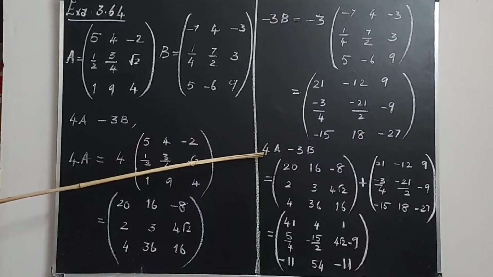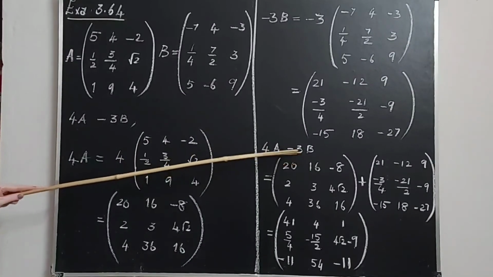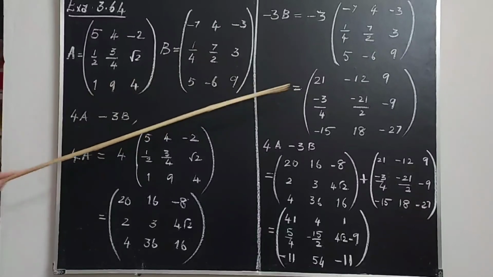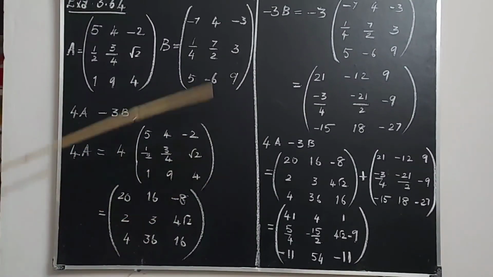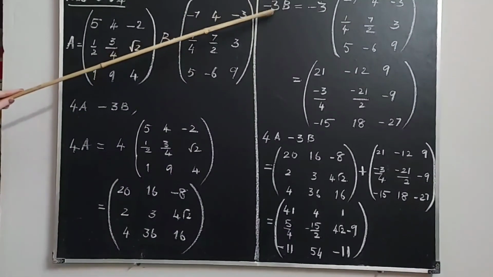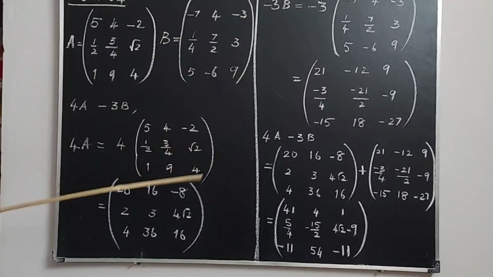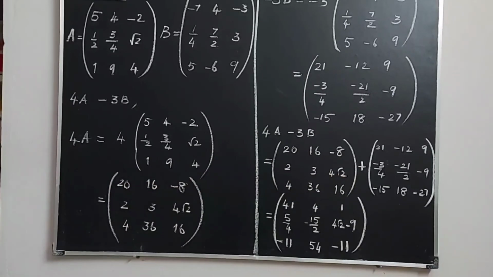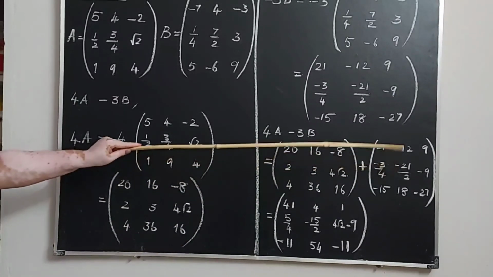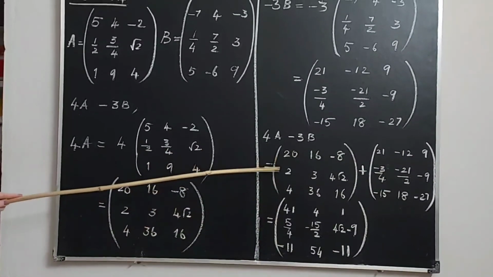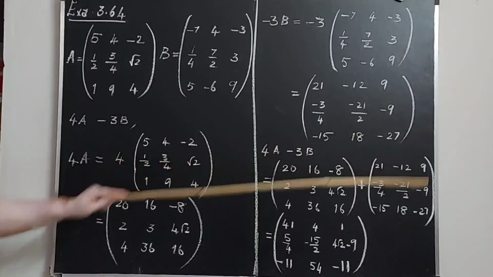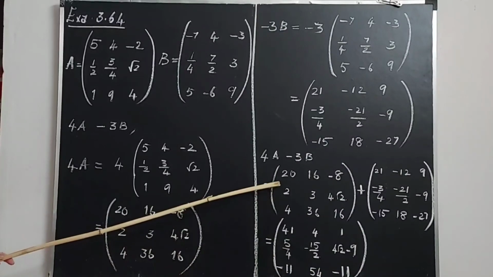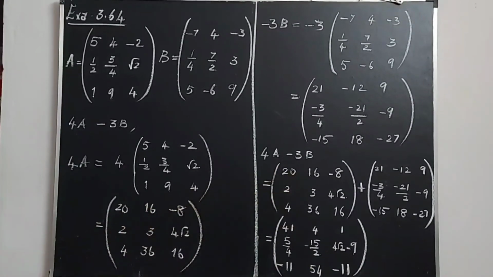People, we are asked to calculate 4A minus 3B. As we have calculated minus 3B here, we have to add these two values. Keep it in mind, minus 3B is already calculated. So what we have to do with the results? Both of them should be added up, not subtracted, because this is already multiplied by minus 3. So write 4A plus minus 3B. Plus and the minus is minus. Then like the same, all the corresponding entries should be added up.